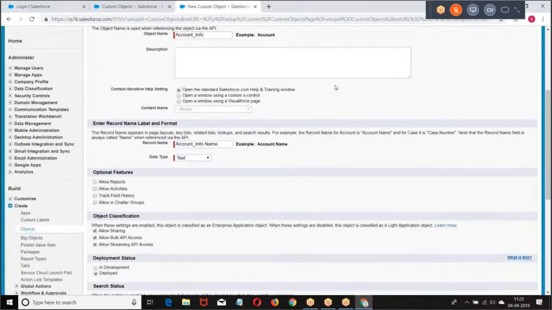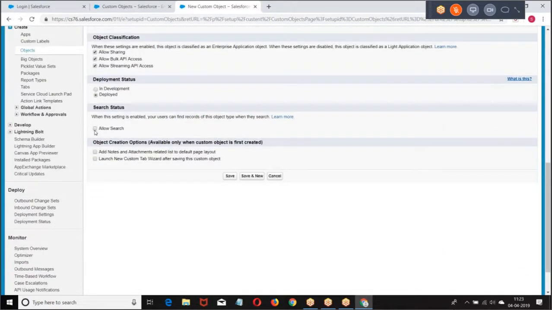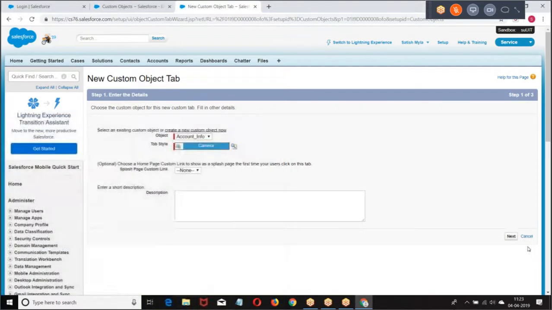Creating an object, account info. Now, choose the point you require. Then I have name. What are the things you want to enable? Enable. All these things I'm doing on the sandbox. I'm creating an object, I'm creating a tab.